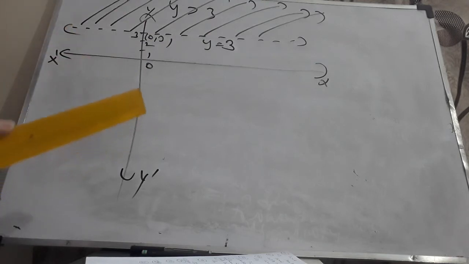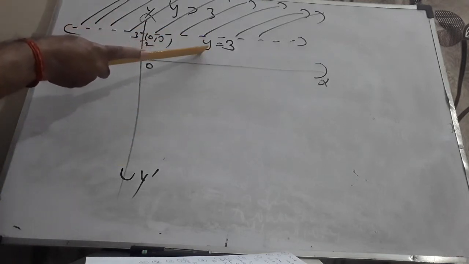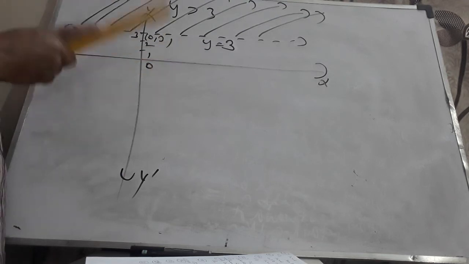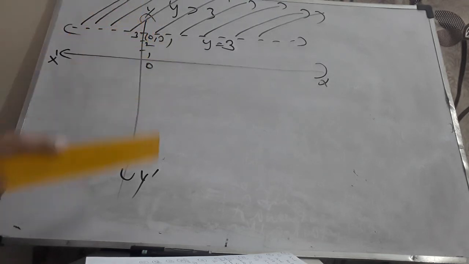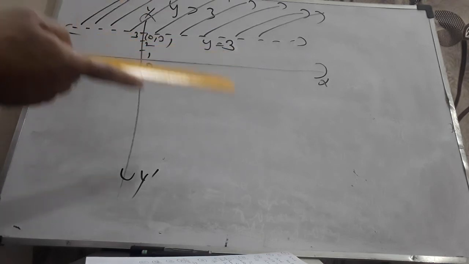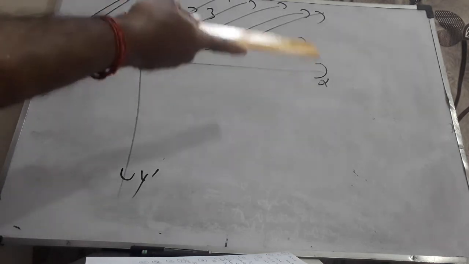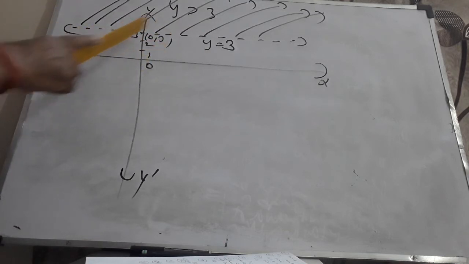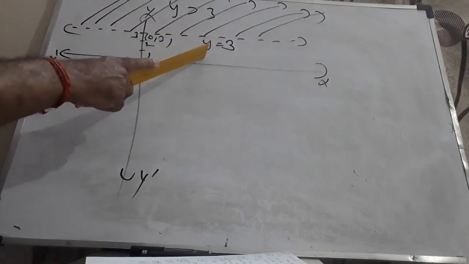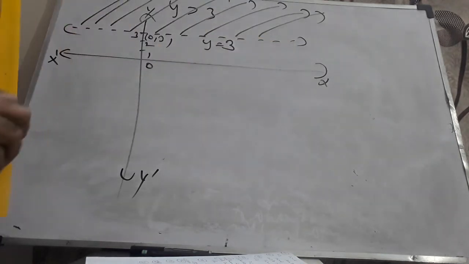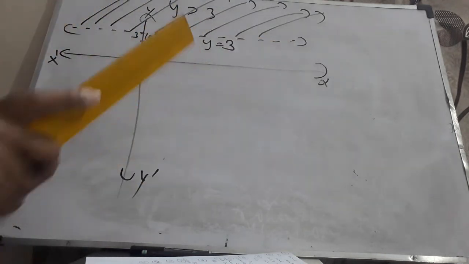Let me repeat. y is equal to 3 is a straight line passing through (0, 3), parallel to the x-axis. (0, 0) does not satisfy the inequation. 0 greater than 3 is meaningless. By mistake, even in the previous problem, I wrote it as meaningful. It is meaningless. Sorry, make the correction even in the previous one. Now, the region lies to the side of y is equal to 3 where (0, 0) does not lie. Here, since it is a horizontal line, you can write above, below. For slanting lines, we can't say so.